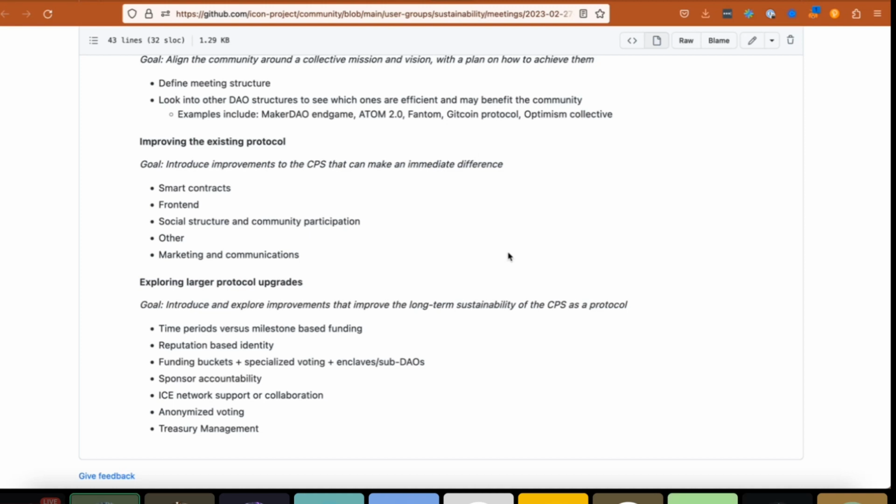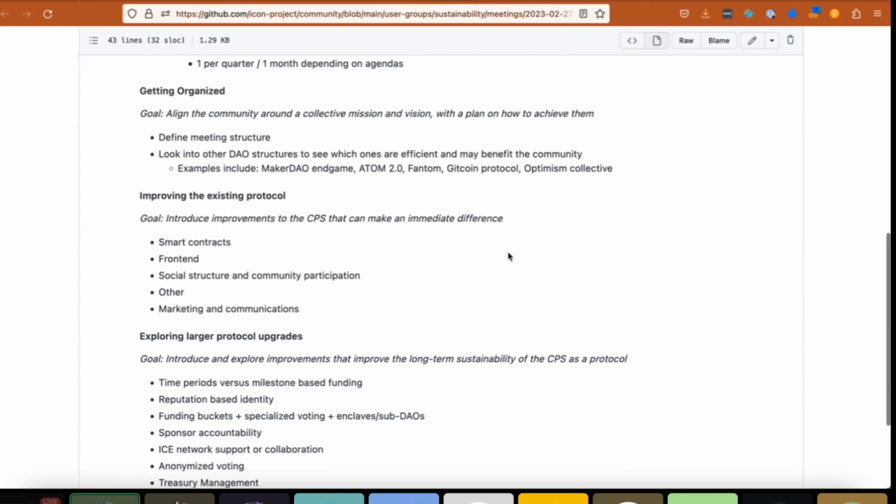So if there are things about specific projects, like people who are unhappy about the way that your project didn't get funded or something like that, those are more relevant discussions for the UG sustainability chat or the general chat. Here, for this specific meeting, we're going to focus on ways to make the funding cycle more productive and ways to better engage the community to participate in making that happen. So that's what should be relevant topics. But don't worry about that too much.